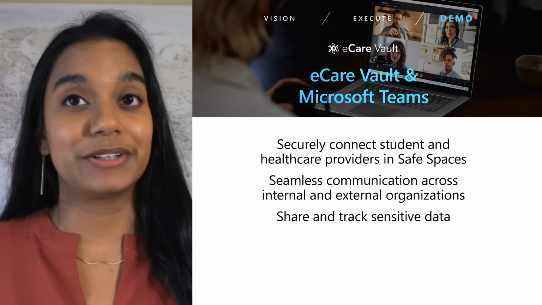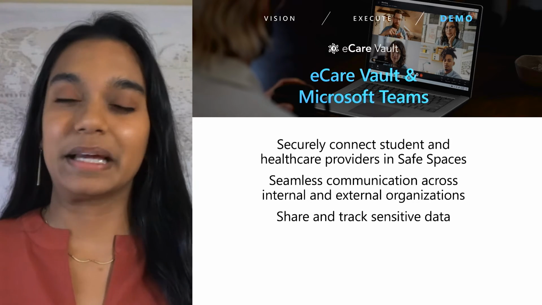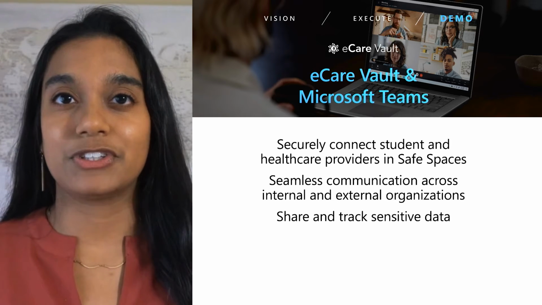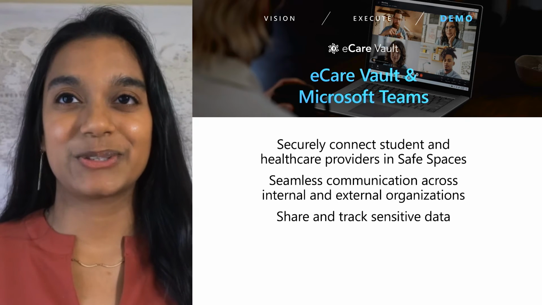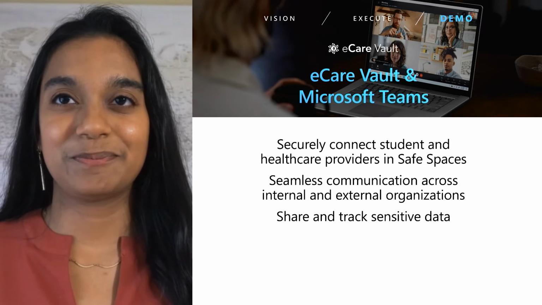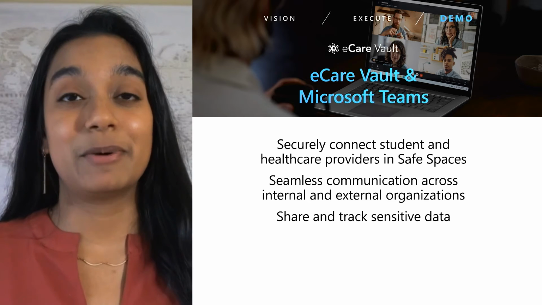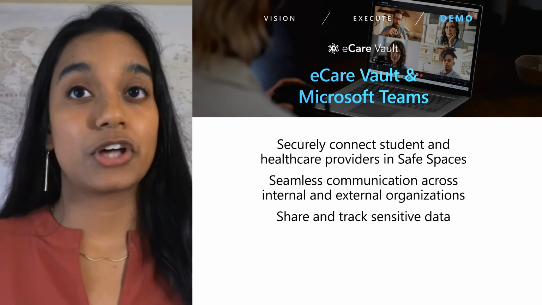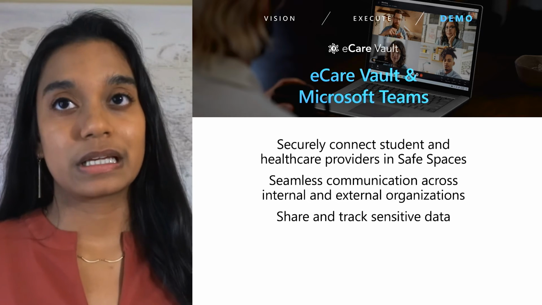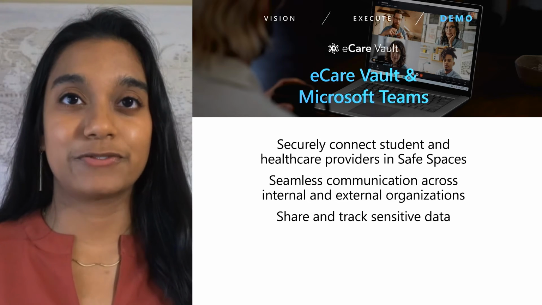Now, we'll move into a demo of two of our newly ingested Microsoft 365 connected apps ingested through Microsoft Graph connectors. To help make this real, we developed two real-world example scenarios to illustrate this new capability. Introducing eCareVault, one of our app partners. First, let's walk through a demo for them. They're a safe and secure care coordination software used by schools to coordinate healthcare for their students.